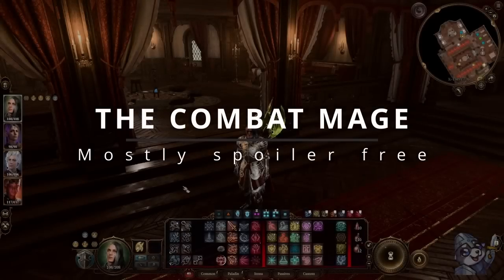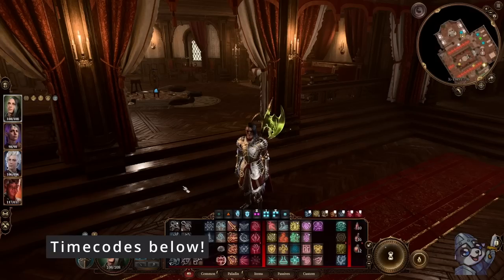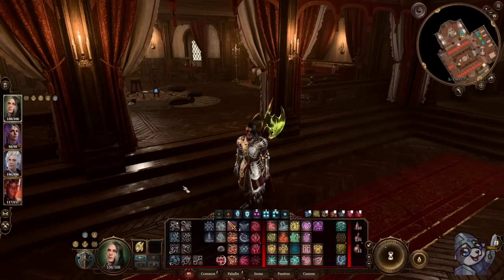The Combat Mage. This is based on one of my D&D 5th edition characters. I like to play a particular multi-class on the tabletop, which is a Paladin Warlock multi-class. It's one of my favorite combinations. It's very strong, very capable, and it translates pretty well to Baldur's Gate 3. So if you're looking for somebody who can hold his own in melee, who can use magic and martial weapons in incredible capacity, and you want to also be the face of the party, you will have a good time